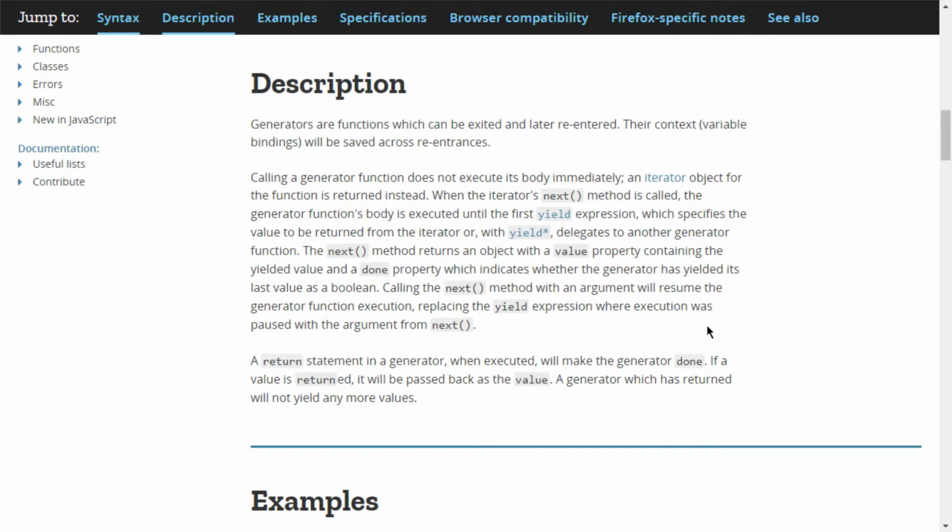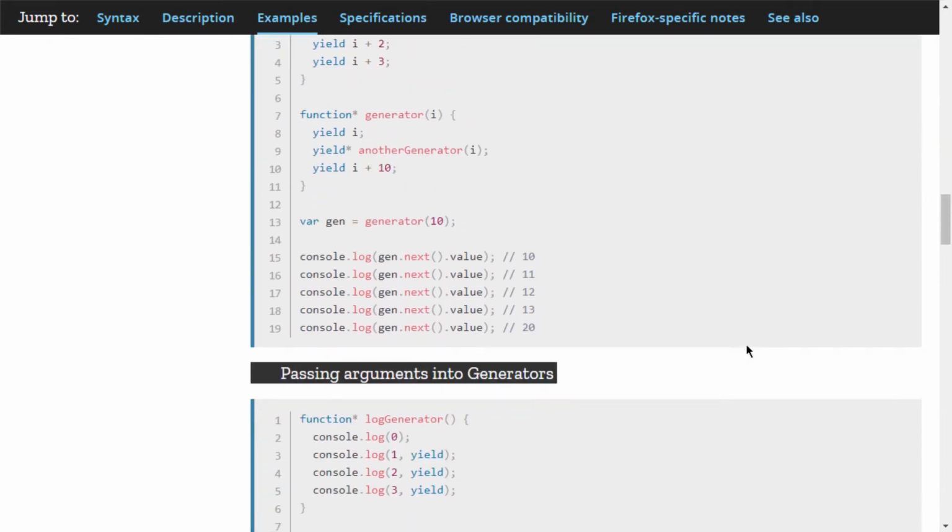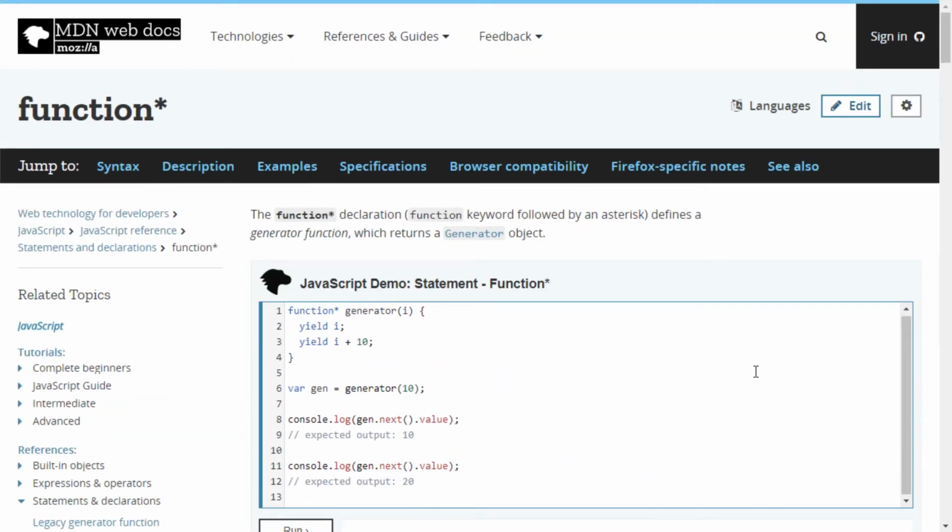So a return statement in a generator, when executed, will make the generator done. If a value is returned, it will be passed back as the value. A generator which has returned, I don't know why they didn't code block this one, but anyway, it will not yield any more values. So I guess the done property would be set at that point, right? Yeah, it'll make the generator done, so it won't return any more values. So, okay, they've got some examples down here, but really, I think we should probably just try to work with